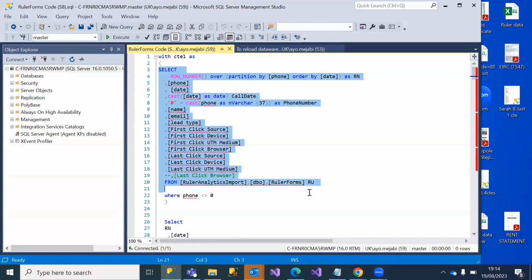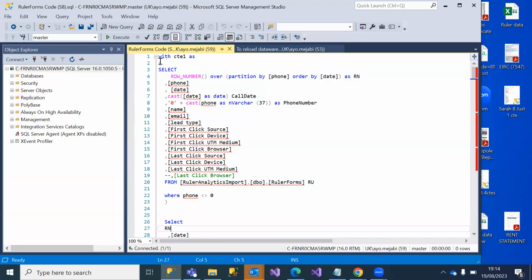Just this one? Yeah. So for example, that one that you highlighted now, you have put it as a CTE, then you cancel it out. No. If I'm getting you right, you're saying if I take away all this CTE and I run just this query from here to here, it won't run. No, that's not what I'm saying.